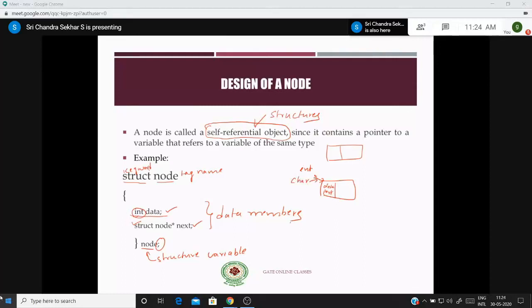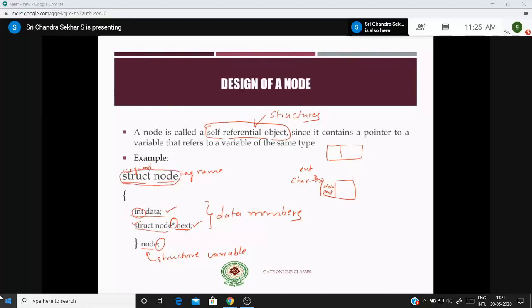And the second part is the pointer part. This we are aware of, right? Pointer part means you have to use the pointer concept, which is declared by using the star operator or indirection operator. So next is a pointer of type struct node. What is struct node? It is again the same structure.